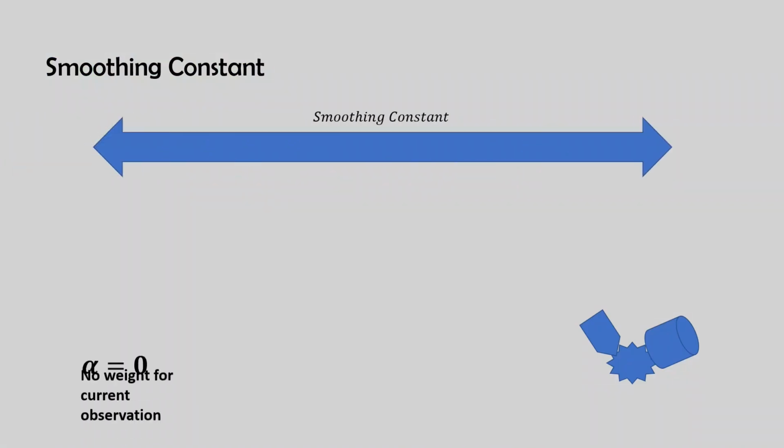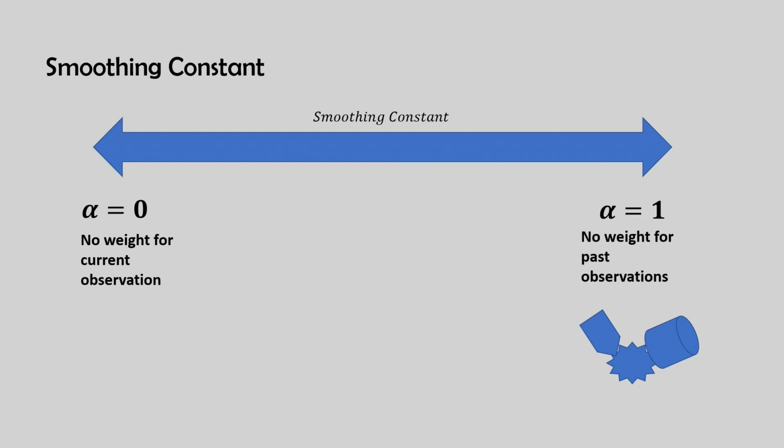So in a scale of 0 to 1, a value of 0 means the EMA function will assign 0 weight to the current observation and all of the 100% weight to the past EMA, which means it will be meaningless as it will be the base EMA for the entire range. Similarly, if the smoothing constant is 1, then all the weight is on the current observation, which means it will be the original time series and again meaningless.